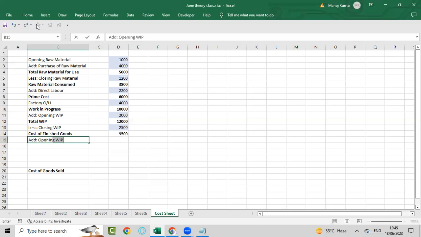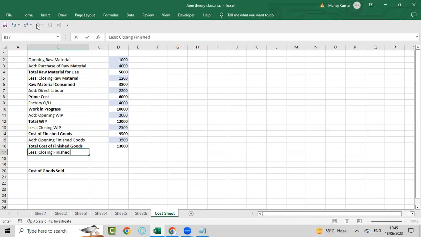Add opening finished goods, let's say 3,500. So add this plus this. This is your total cost of finished goods. From this finished goods, again, we will have some